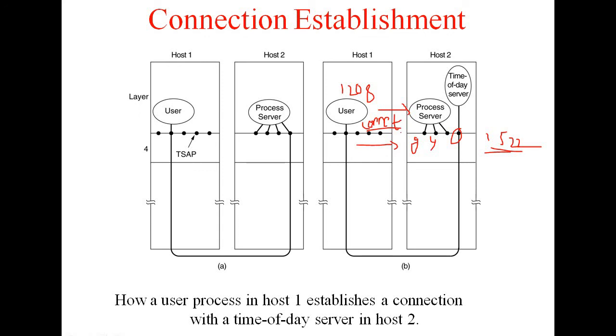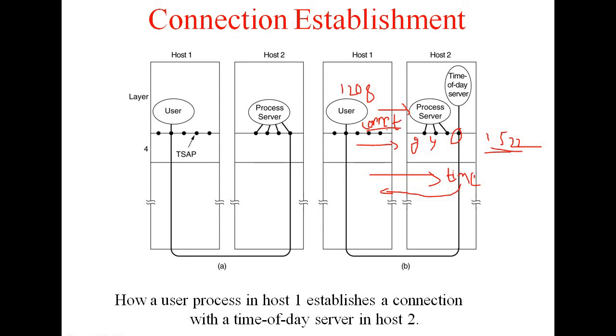Once this connection request is done, the connection is established. Once the connection is established, the send and receive primitives will start working. Host 1 will send information, or request the current time from host 2. That is the third step. The application process then sends over a request for the time. The time server process responds with the current time. At this moment a receive primitive is already established, so the time of day server will return the time to this particular host.